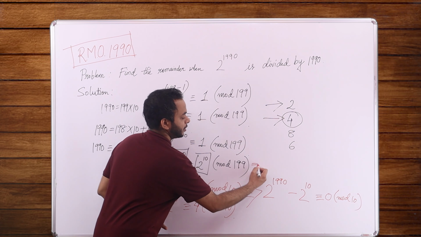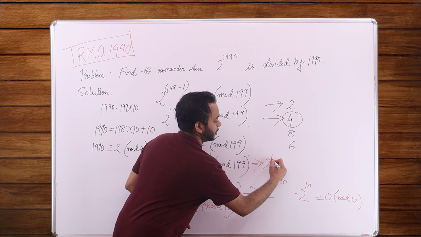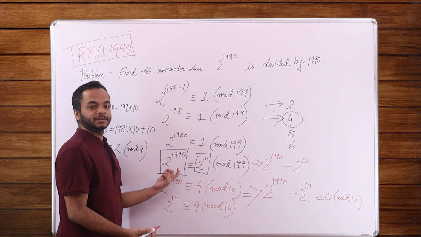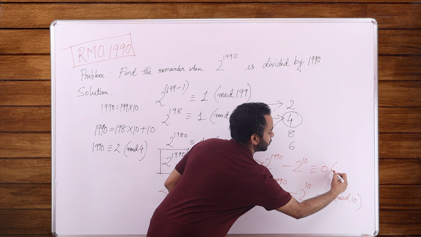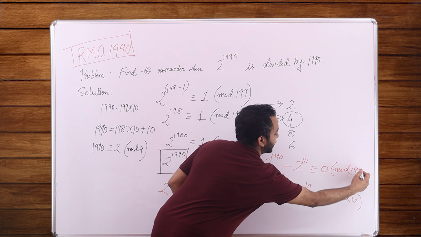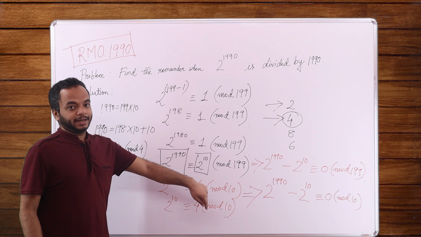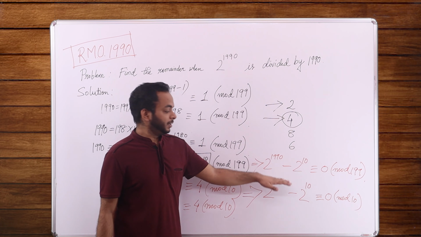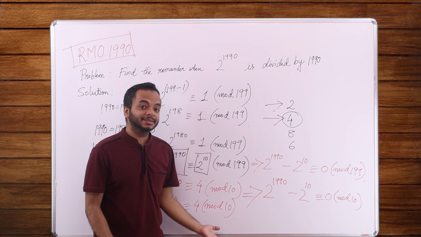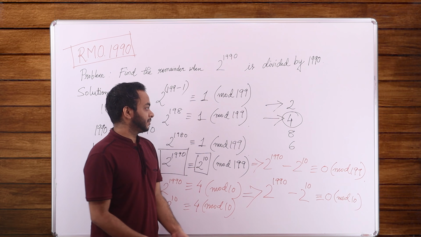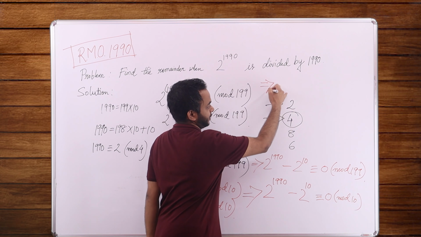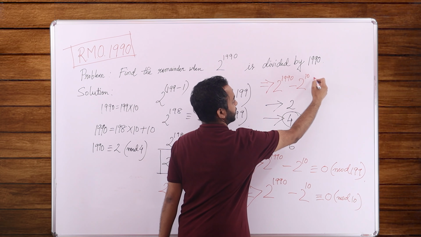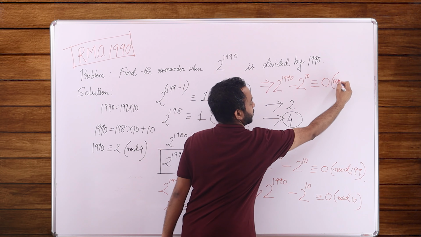And from here, what do we get? 2 to the power 1990 minus 2 to the power 10. If I take 2 to the power 10 to this side in the earlier congruence, this is also congruent to 0 modulo 199. And now 199 and 10 have GCD 1. So 199 divides this number as well as 10 divides this number, and their GCD is 1. So what can we say from there? What we can say is that this number, 2 to the power 1990 minus 2 to the power 10, is congruent to 0 modulo